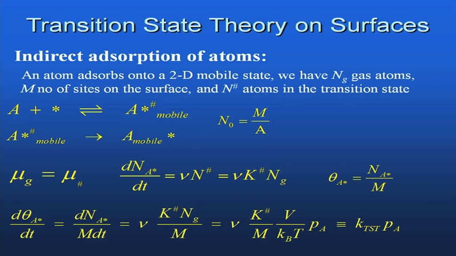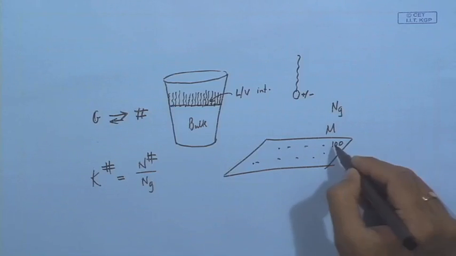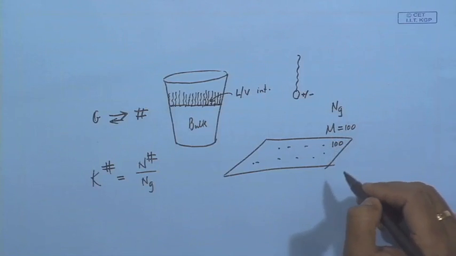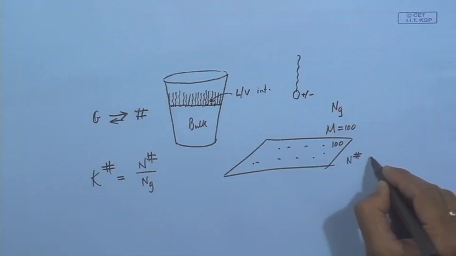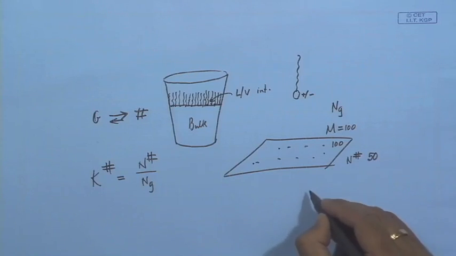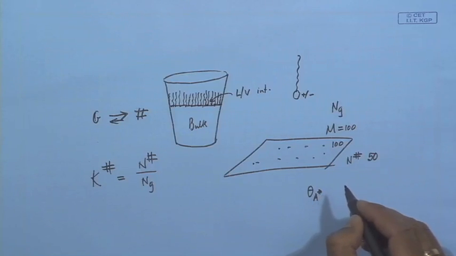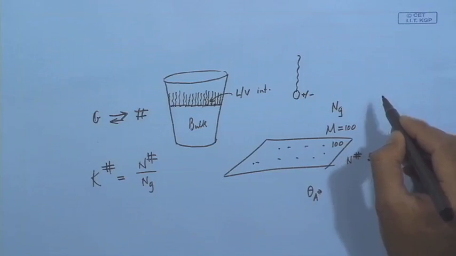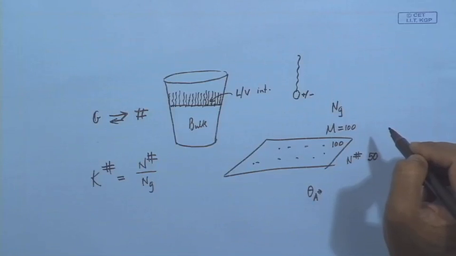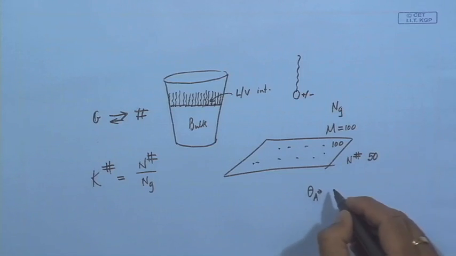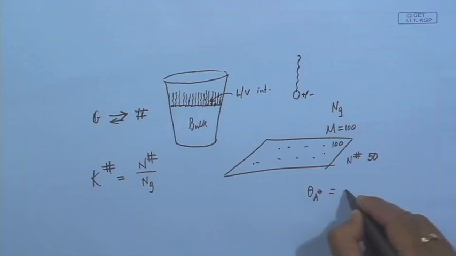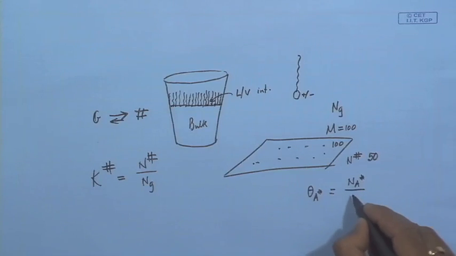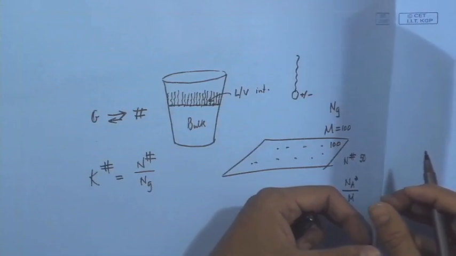Suppose you have, say, m equal to 100, and suppose that n double dagger is 50, that is, maybe 50% is occupied, then what will be theta? Occupied means after the daggered state is getting converted to some confirmed position, not like a mobile one moving here and there looking for some position to occupy. So, it is a confirmed state. So, theta A star is equal to n A star divided by m. Therefore, you can write